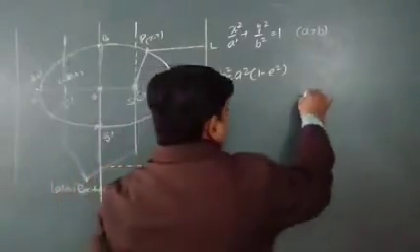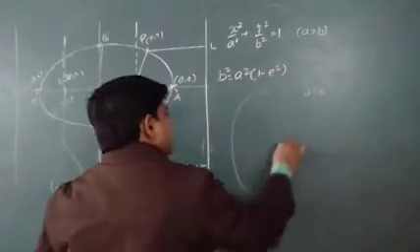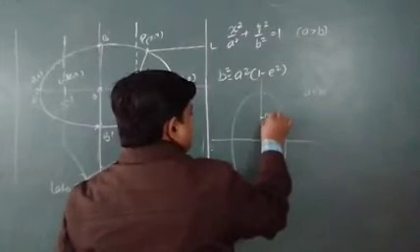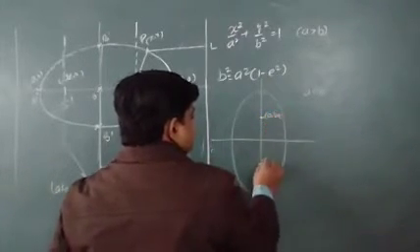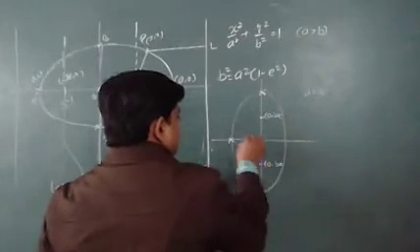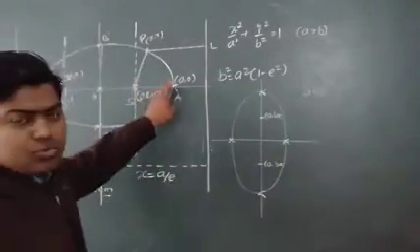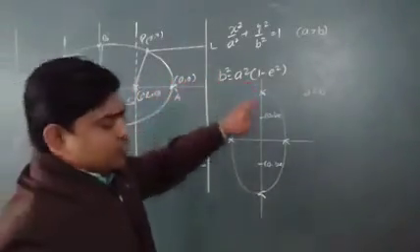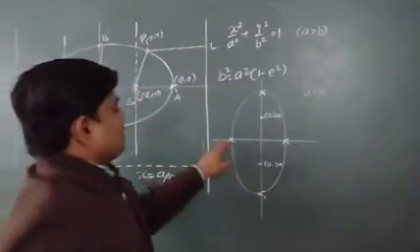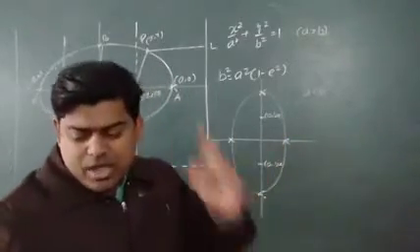Okay, I am taking A is less than B. The equation is the same, so definitely I have a vertical ellipse, and here I will get (0, B) and (0, minus B). Major axis is this one, minor axis is this one. Previously we learned that major axis is equal to 2A; now we will learn major axis is equal to 2B. Previously minor axis was 2B; now minor axis is equal to 2A. So things are going to change. But one idea is there.